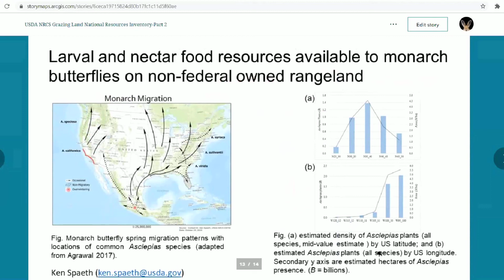So Ken Spaeth, with others, took about 2,000 NRI rangeland sites with milkweed presence, tracked those milkweed species densities, looked at geolocations and environmental gradients where these milkweeds were present, and analyzed all these environmental variables to show that the different species were present in different areas, but also one of the interesting things that came out of this were the environmental variables